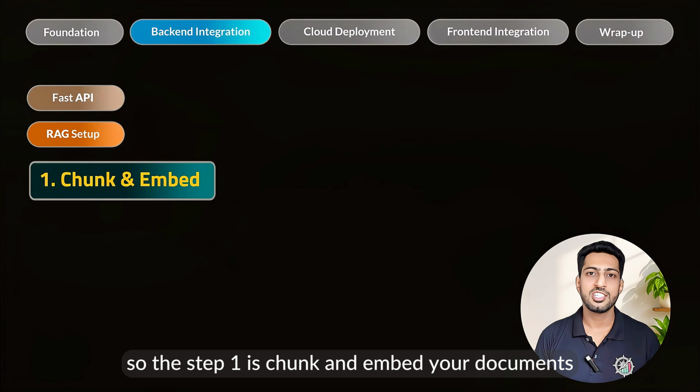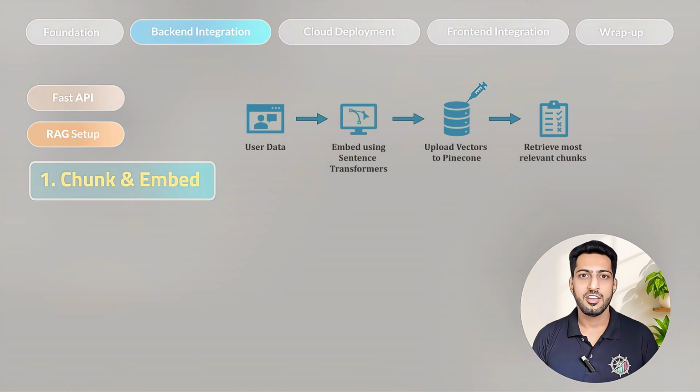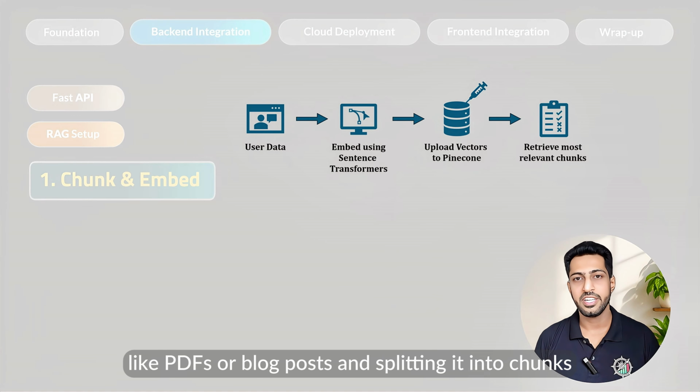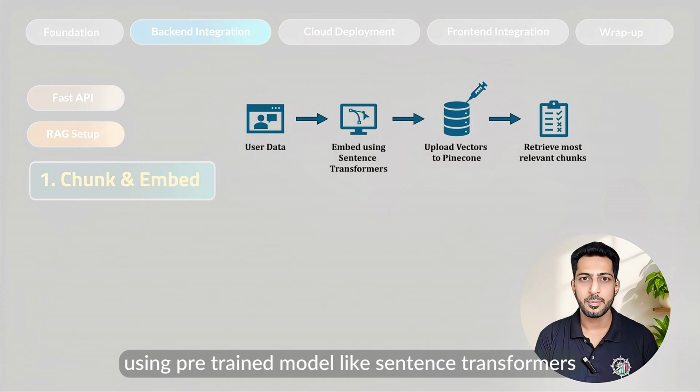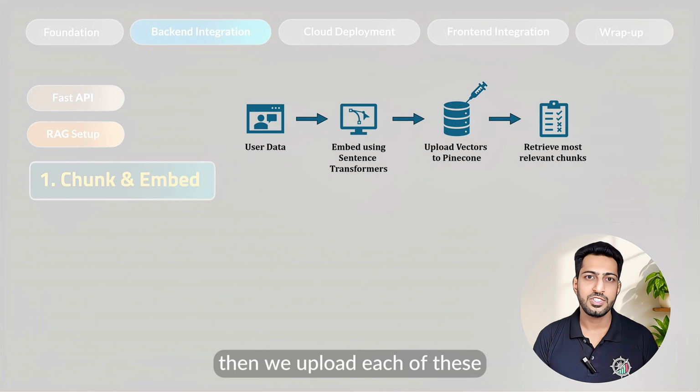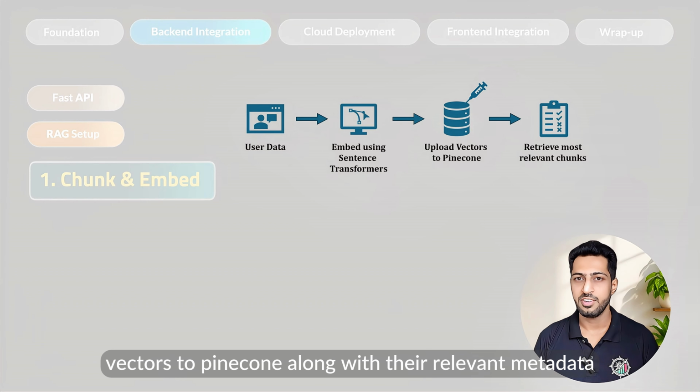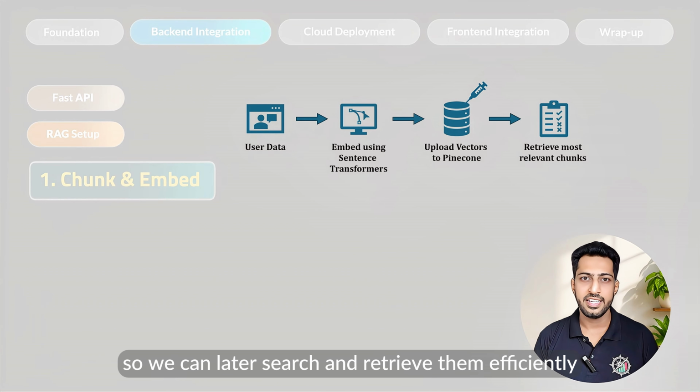So step 1 is to chunk and embed your documents. We begin by taking your content, like PDFs or blog posts, and splitting it into chunks. Each chunk is embedded into a vector using a pre-trained model like sentence transformers. Then we upload each of these vectors to Pinecone along with their relevant metadata, so we can later search and